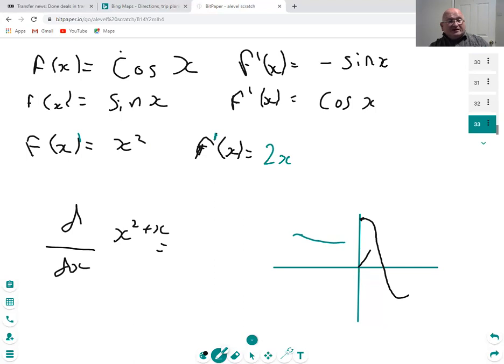The other notation here is the dy by dx notation, which is particularly useful when you're solving things called integral equations, which are much later on in the A-level course. But dy by dx equals 2x plus 1. I'm not going to try and justify that at the moment, other than that it is the correct gradient of the curve y equals x squared plus x, which is 2x plus 1 at any point. So that was basically a quick introduction to